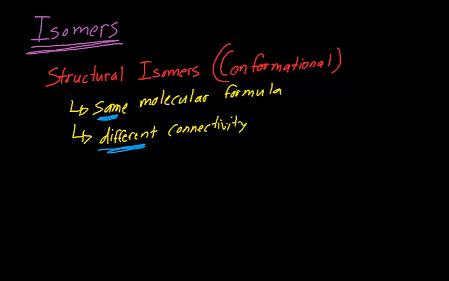So, what would be an example of that? Well, we could take N-pentane. It has 1, 2, 3, 4, 5 carbons. And how many hydrogens? 3, 4, 5, 6, 7, 8, 9, 10, 11, 12. 12 hydrogens